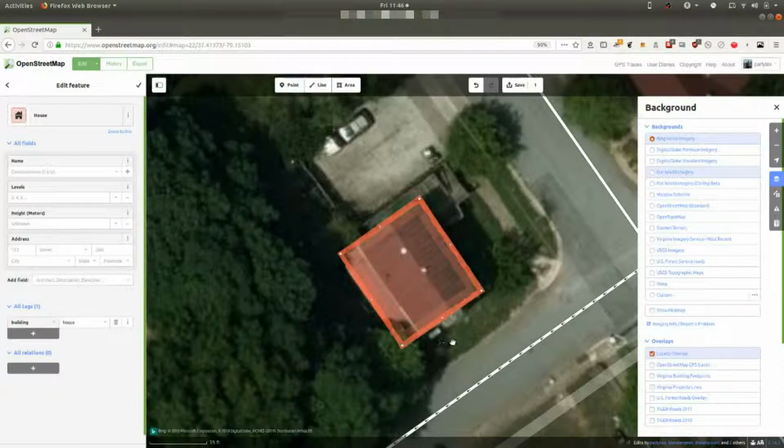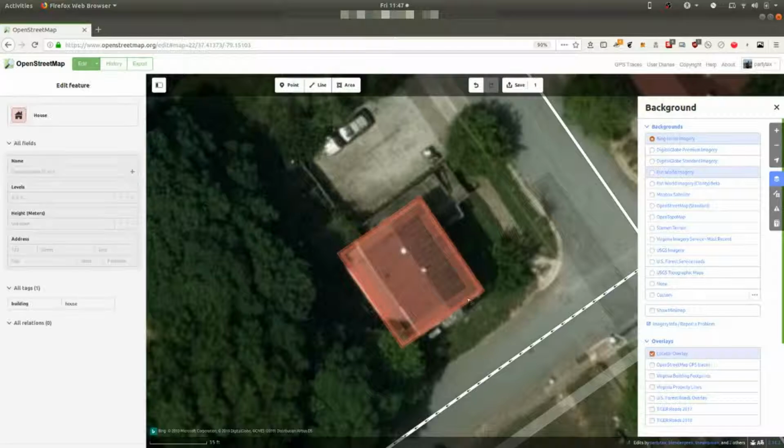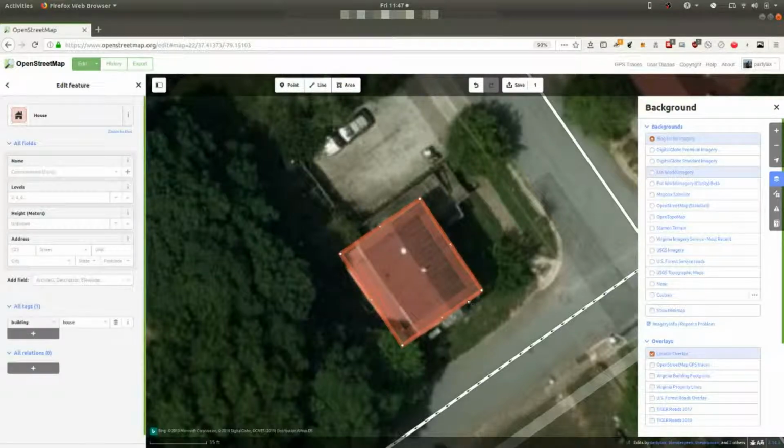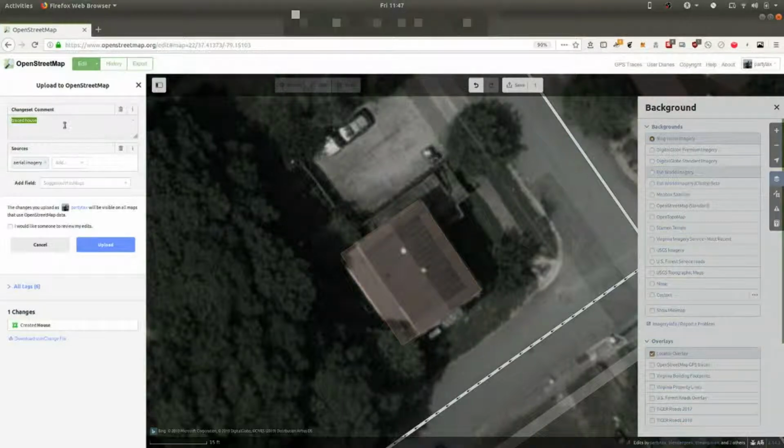We don't really know too much else about this building, and so we're going to basically leave it to other people to add more data. But we have traced it, so this building will now show up in apps like StreetComplete for Android and perhaps iPhone, where people will be able to walk by and add the address. So we're going to click Save here, and we're going to add